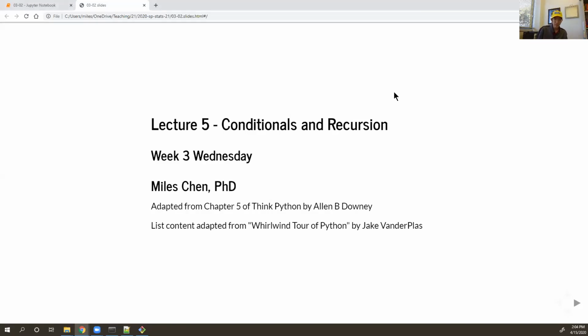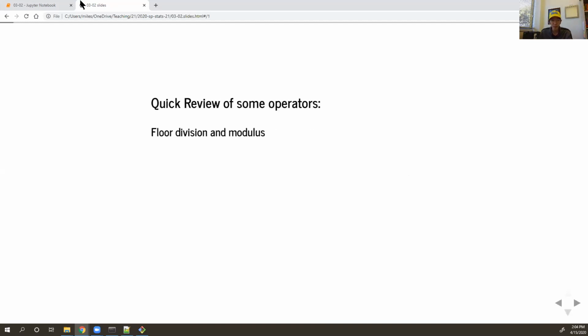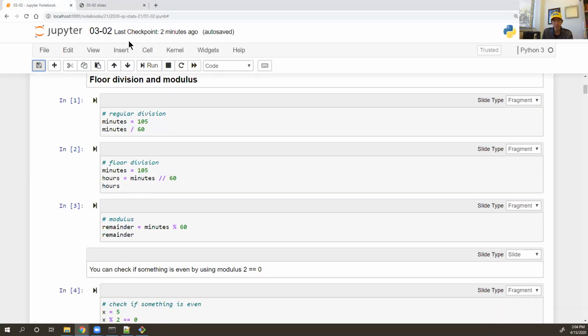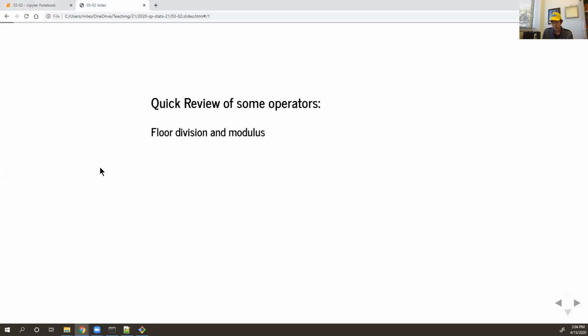Okay, today we'll take a look at conditionals and recursion. This is chapter 5 from the Think Python textbook, and I'm also going to talk about lists, and well, we'll see how far we get along. Okay. So I also have the notebook that has all of this stuff running as well, but basically you can do